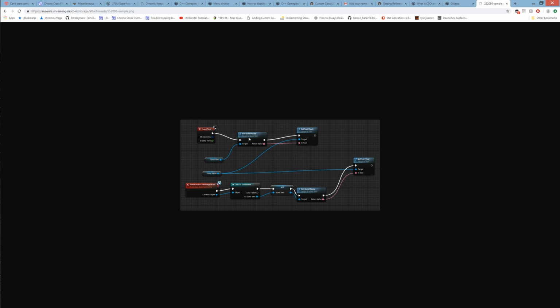So on ticket quest name from quest item, return value, quest name. Okay, quest name is, I guess, a variable, I suppose. Set, and then